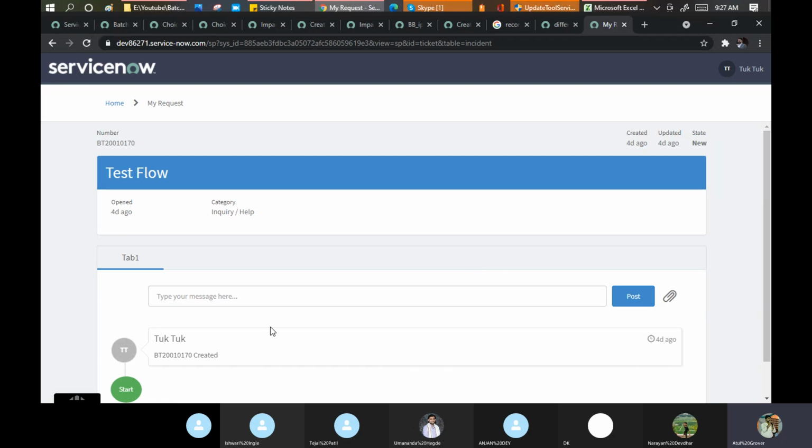The scrolling is a little tough, but you can see the approvals in one tab, the changes in the second tab, and the other things in the third tab, then it will work for you. So these things we implemented. I'll share that recording with you and then you can go through the same.